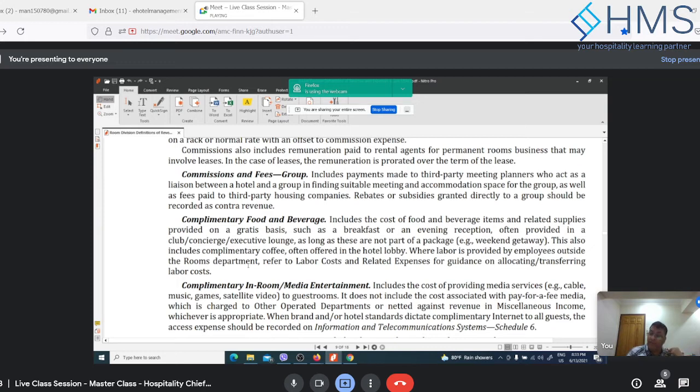Many of these costs come from the cost control department as a part of your allocations, right? So you may be getting the orders. As a part of your details, let's say the operations department or the front office manager would keep a record of what they are actually requesting from the kitchen, so that they can get the costing correctly. Usually at the end of the month there is always a bit of fighting if the cost of food and beverage is higher or lower. Then the front office manager would go and look into the actual data, what they have been requesting, how it has been costed, and what kind of items they are requesting.